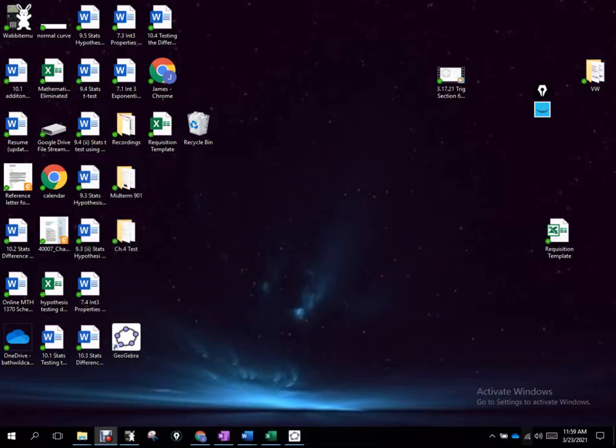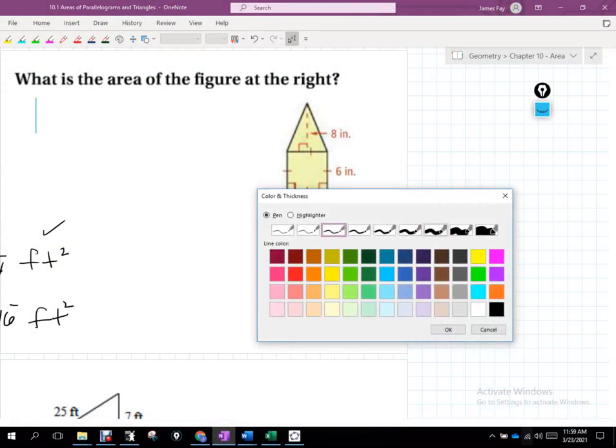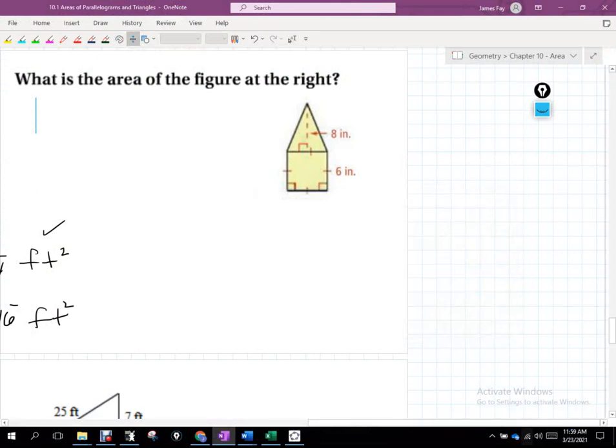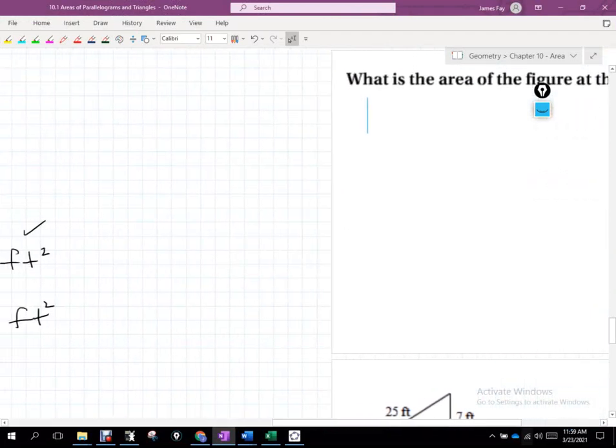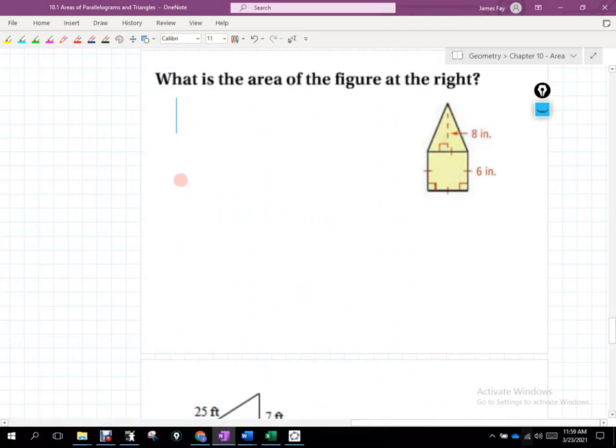What's the number one system that you guys use in science for dimensions? The metric system. I don't know why all my work is disappearing here, but you guys know that King Henry died by drinking chocolate milk, right? Now that's only a snapshot of the metric system. You can go,